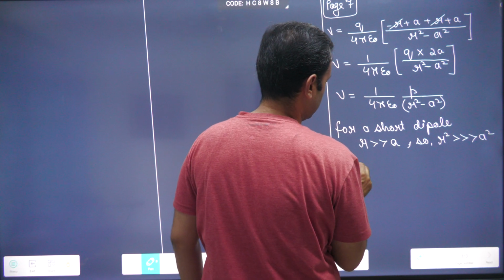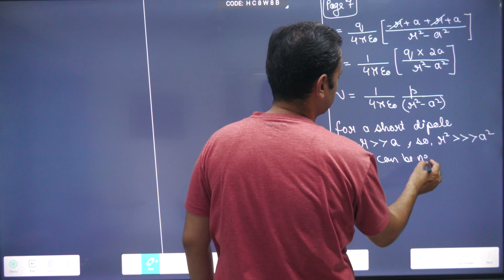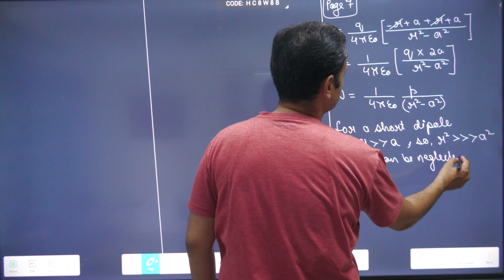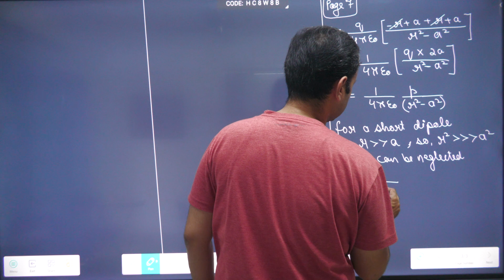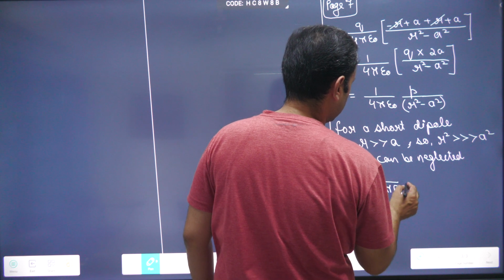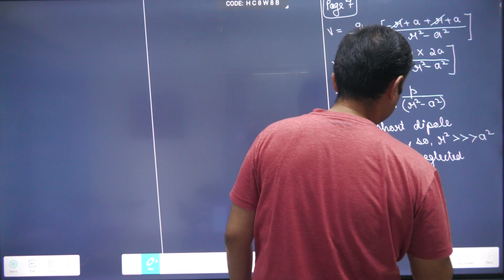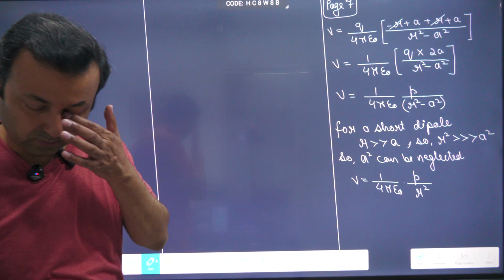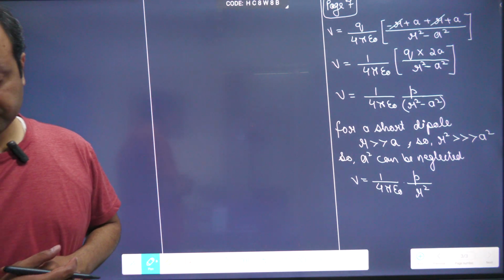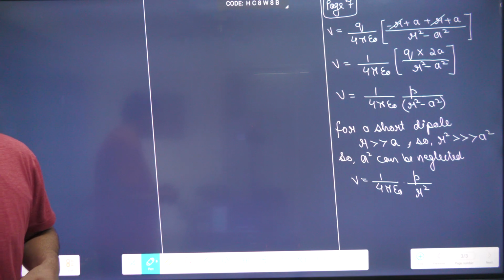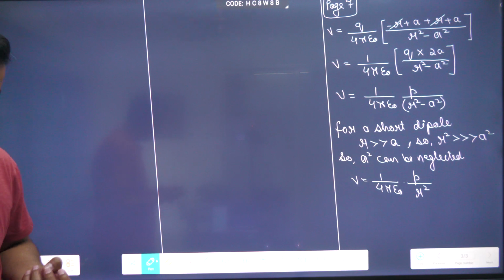So a square can be neglected. V is equal to 1 upon 4 pi epsilon naught p upon r square. Is this clear? Okay. Next,